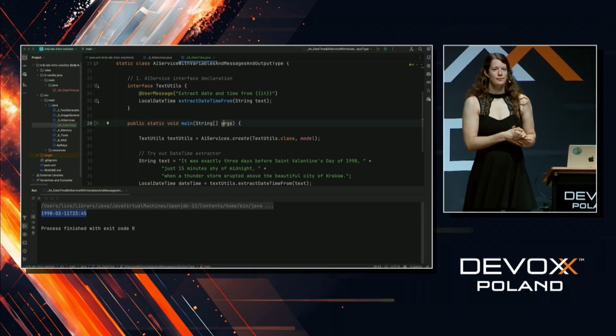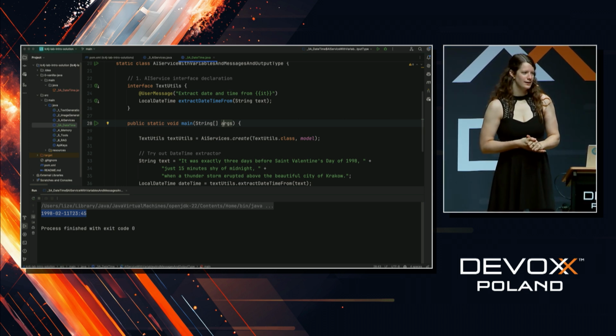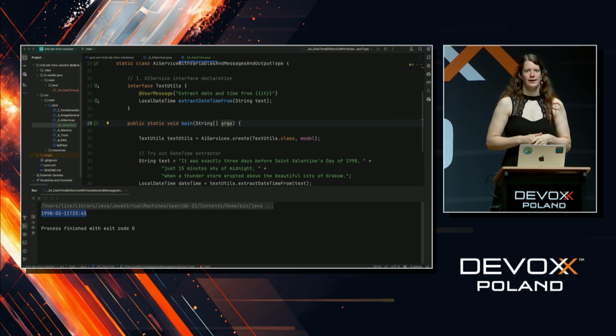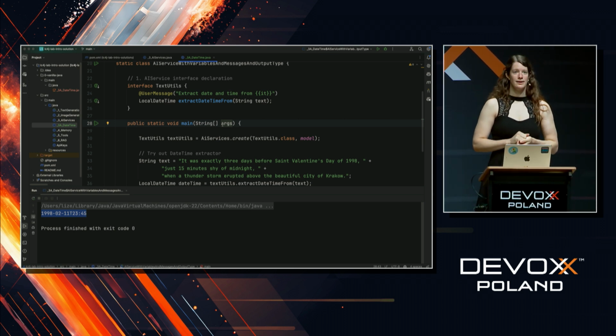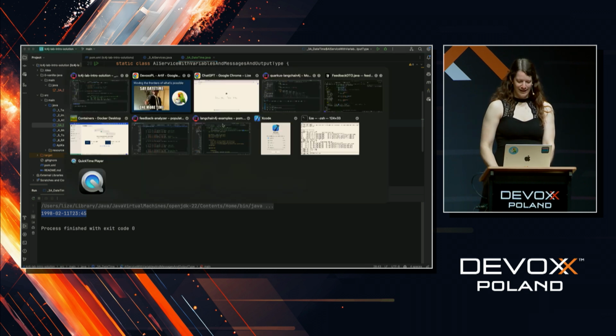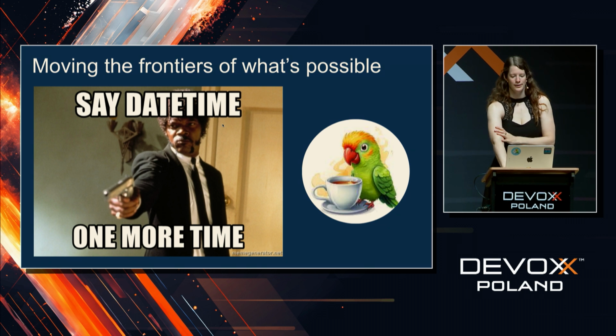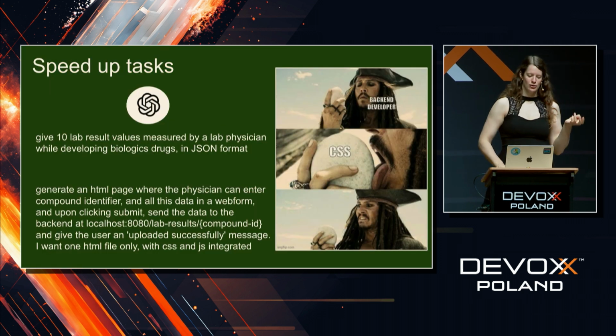So this was completely not possible to do before programmatically, to go extract these features out of general text like that. And it's one of the big strengths of LLMs that we can use today, straight from Java, as you can see. Okay, some other use cases that may prove useful for you in your daily life, just to show you a bit the strength of ChatGPT, which we all know by now.